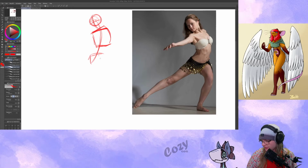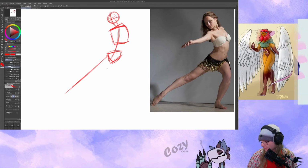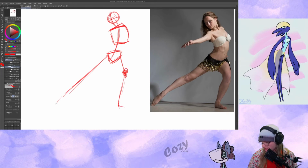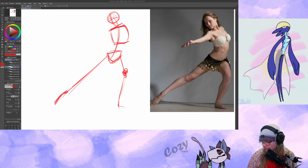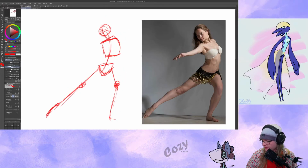Then we have hips. A leg that sticks out. A leg that sticks down. Goes out a little bit. This one, poke out like that. Your knee right around there-ish. In this hand, we're not going to bother too much with perspective. That is